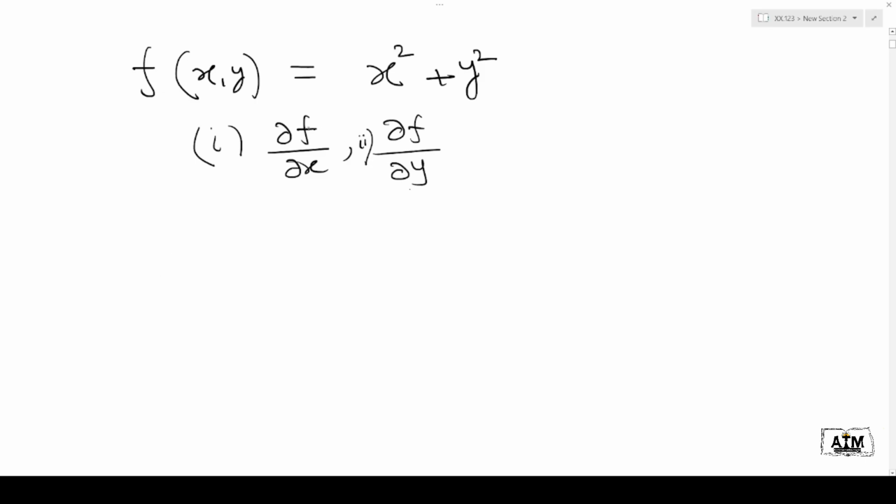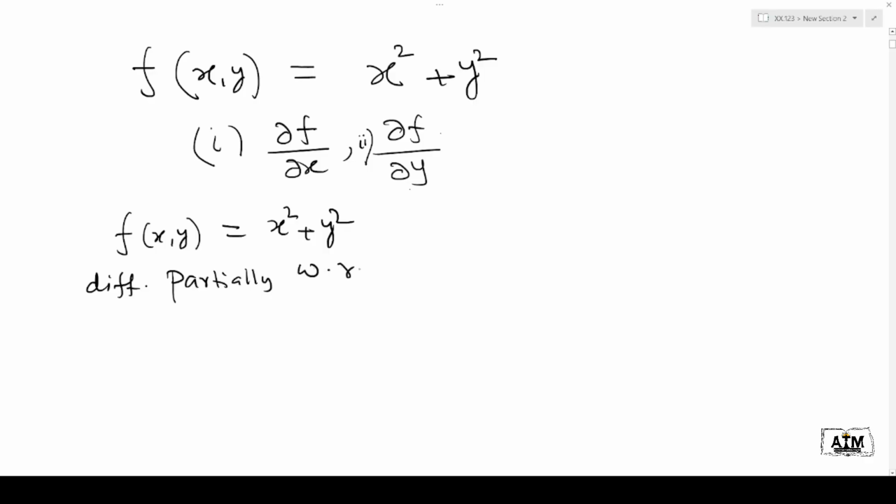We want to find out the partial derivative of f with respect to x and the partial derivative of f with respect to y. So how to find the partial derivative of f with respect to x? We write f of xy equals x square plus y square, differentiating partially